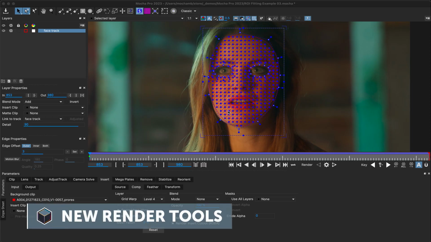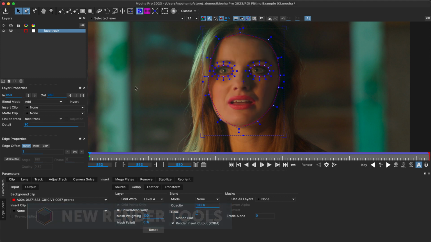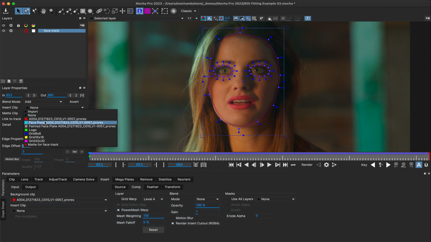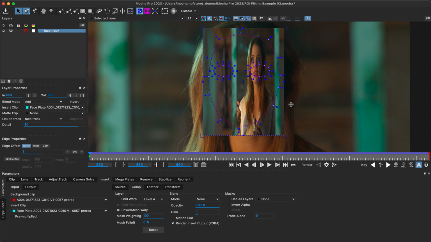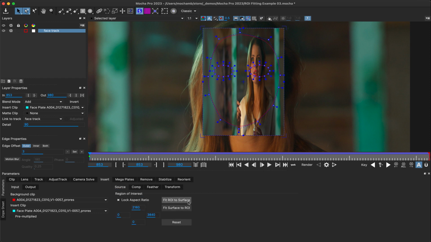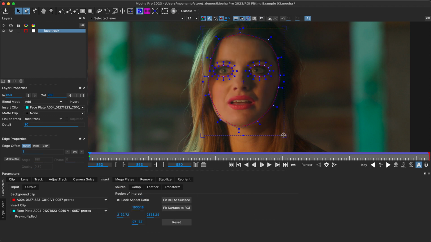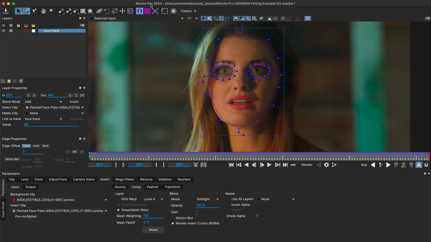We've improved the region of interest fitting tools in the Insert module to give you a focused way to crop down the rendering ROI of an insert. This means you can do smaller surface areas that allow for greater manipulation and less problems with over-distortion. Previously, you needed to set the surface to the full frame of the source clip to get the proper distortion, such as painted freeze frames of the existing clip.